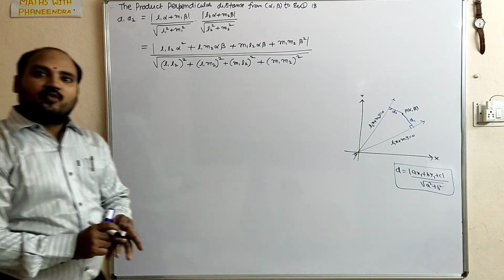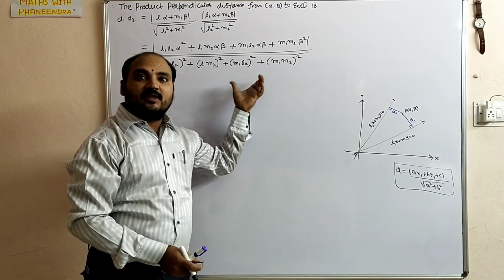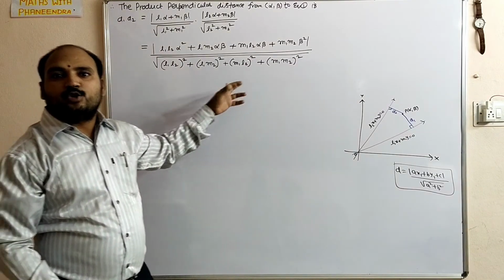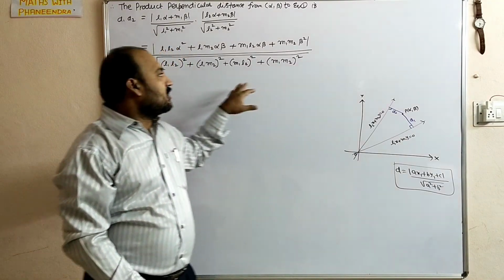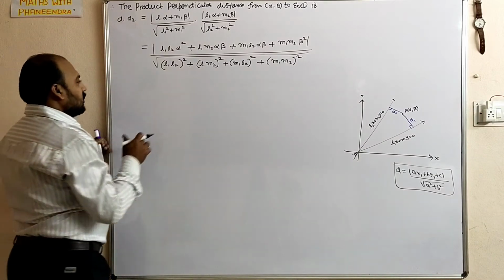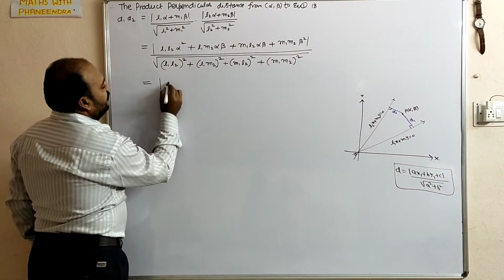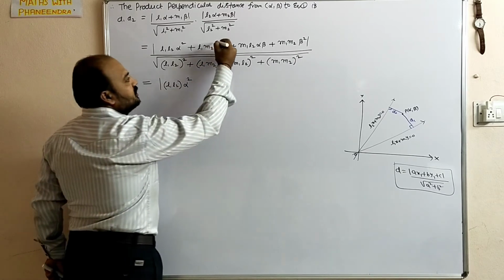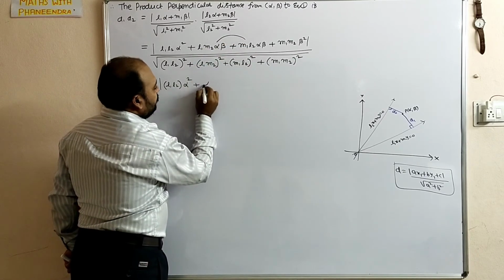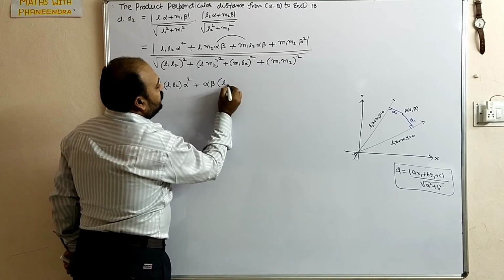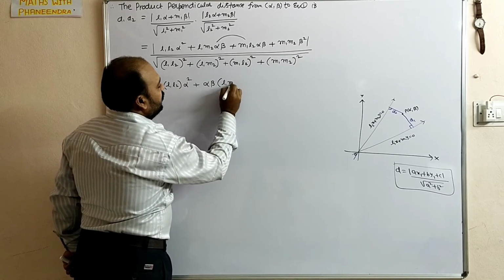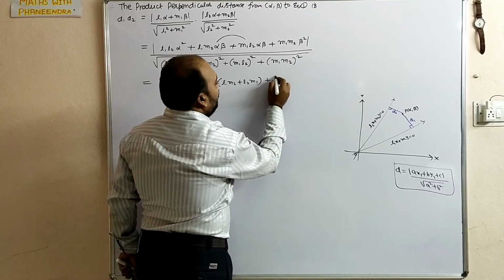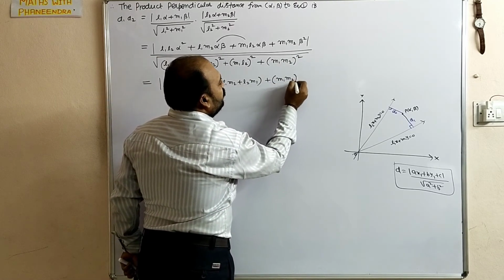After that, we did this procedure in the cos theta theorem. Same procedure we have to follow. Adding and subtracting 2 L1 L2 M1 M2 for the denominator under root value. So now mod L1 L2 alpha square. From these two, alpha beta take common: alpha beta into L1 M2 plus L2 M1, plus M1 M2 into beta square.